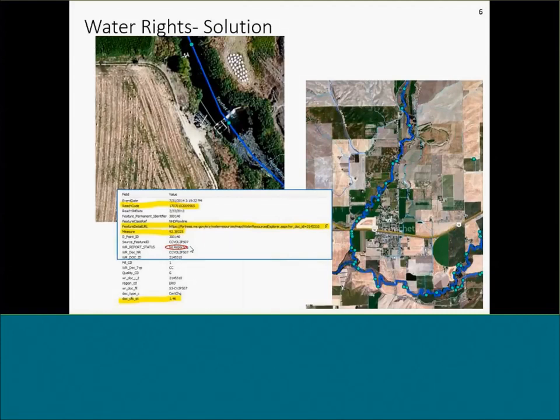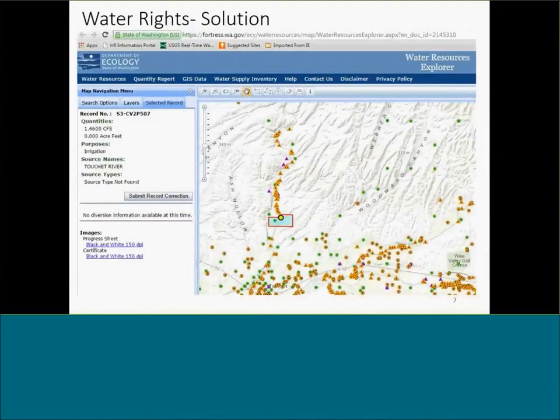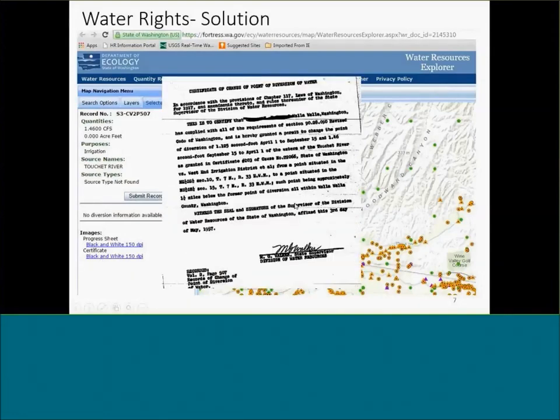So I'm going to show you the web map that it goes to. If you click that link, you get popped into this, which is called Water Rights Explorer. It shows you where the particular location is, gives you some more information about it, and it also usually gives a list of documents that you can click on. So I can go here, click on the certificate, and get the original document that comes with that water right.